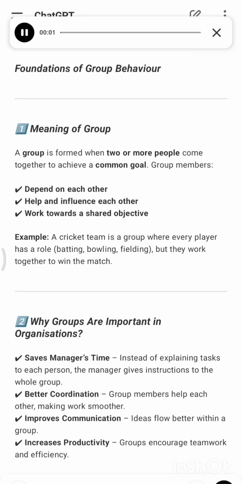Foundations of group behavior. One meaning of group. A group is formed when two or more people come together to achieve a common goal. Group members depend on each other, help and influence each other, and work towards a shared objective. Example: a cricket team is a group where every player has a role, batting, bowling, fielding, but they work together